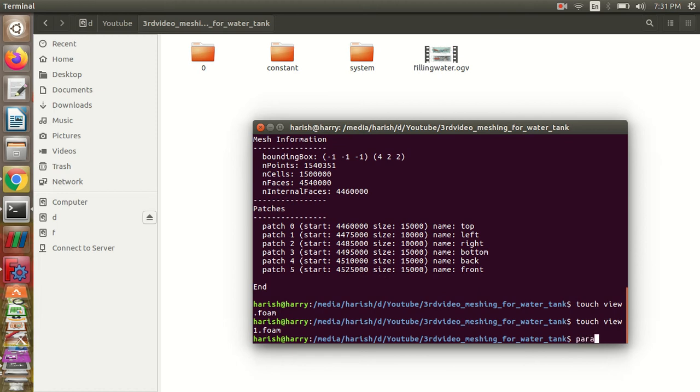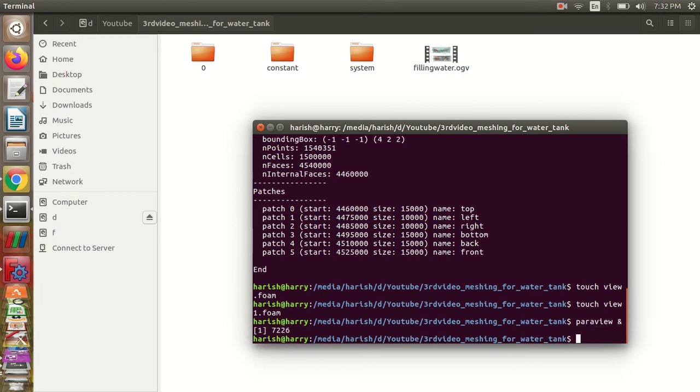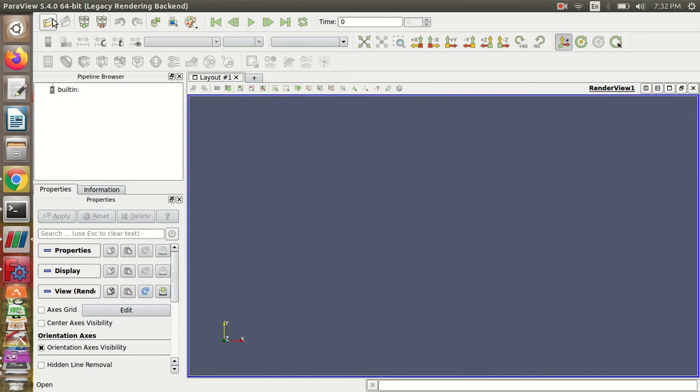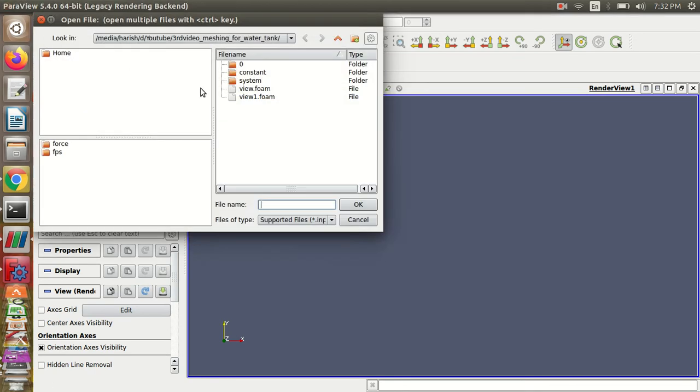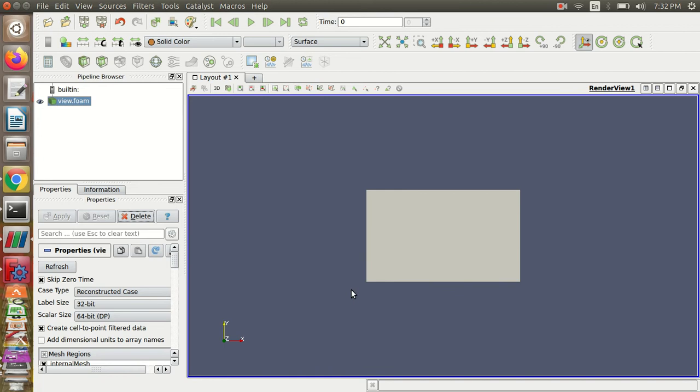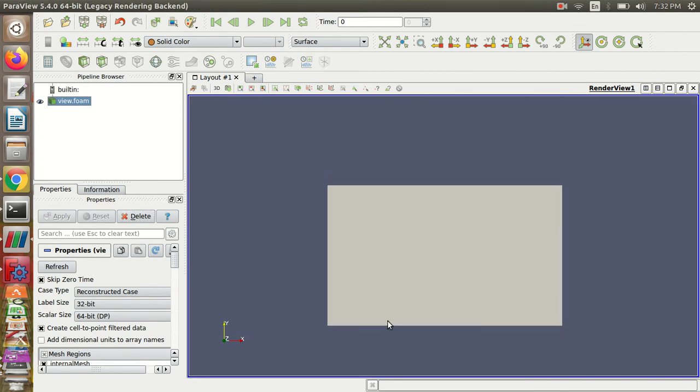We'll see by creating the ParaView now. I think there will not be any files now. Yeah, now the files are created. I'll just quickly open this view.foam, apply, OK. You can see your geometry is now ready.